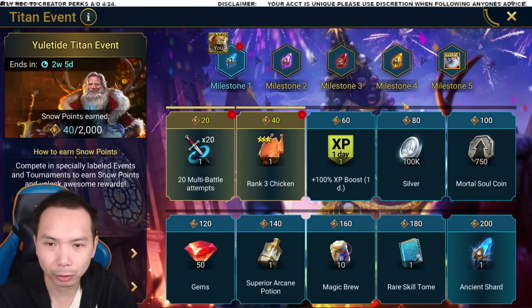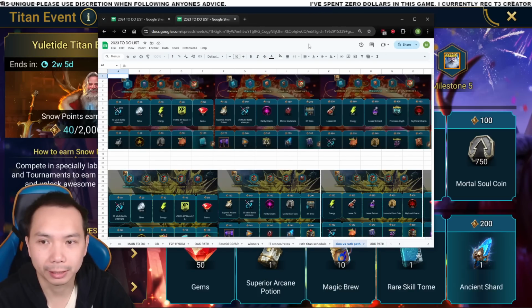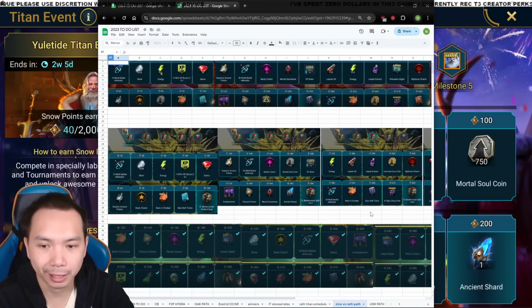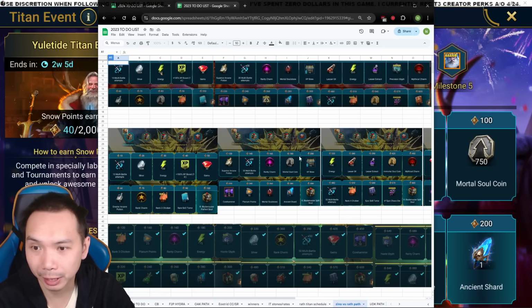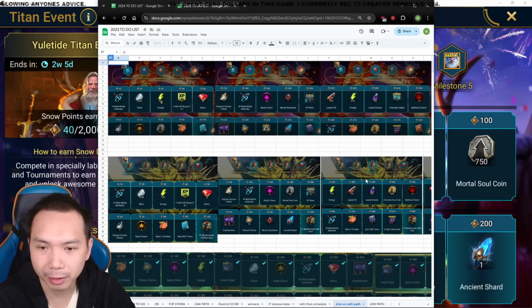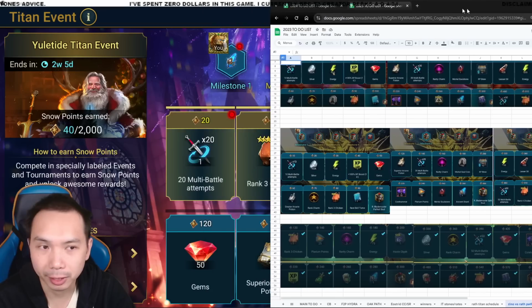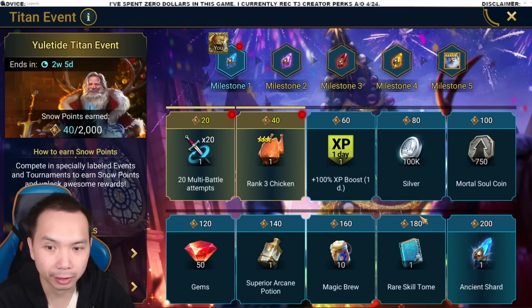So let's take a quick look at the event and see how it compares to past events. So I saved a bunch of past Titan events here. So we got 3 quick looks here at some old Titan events. We got the Rathalos Titan event. We got the UDK Titan event. And then we have the Zinigir Titan event. But the thing is, all these are for souls. So they might be a little bit different than this. I don't have the Torment Titan event up